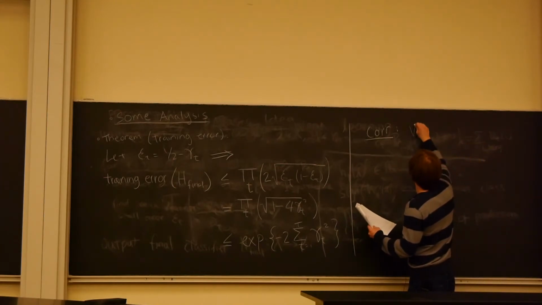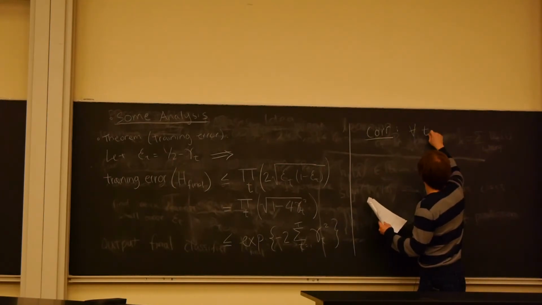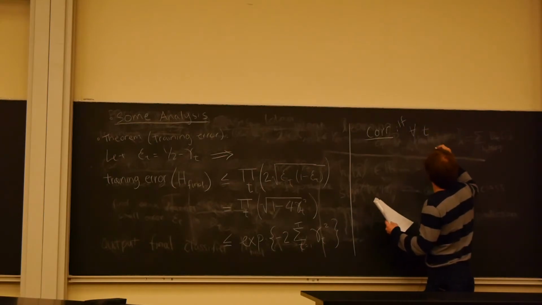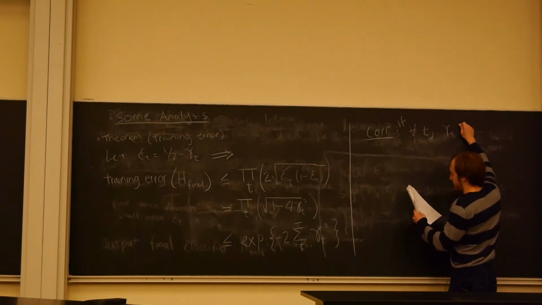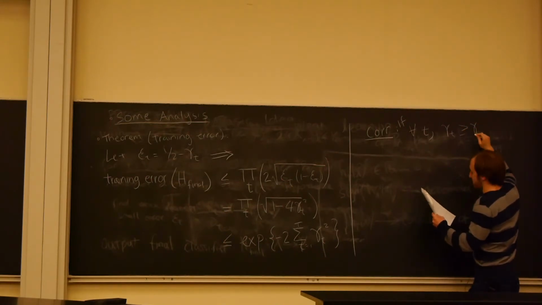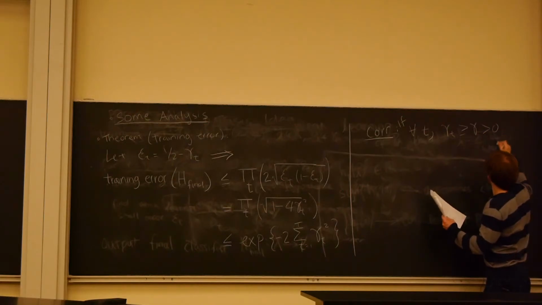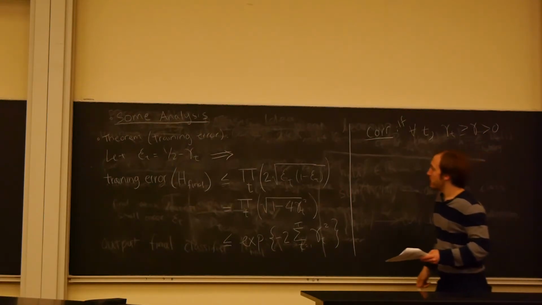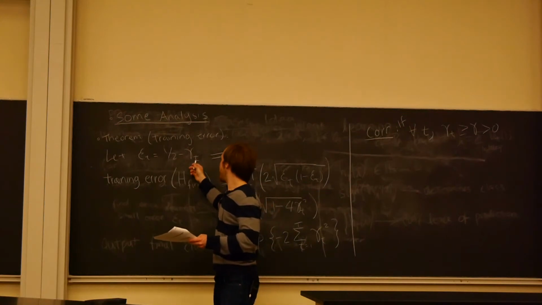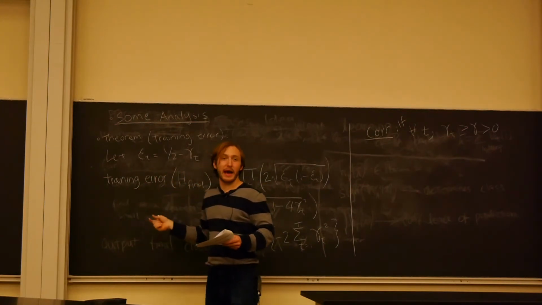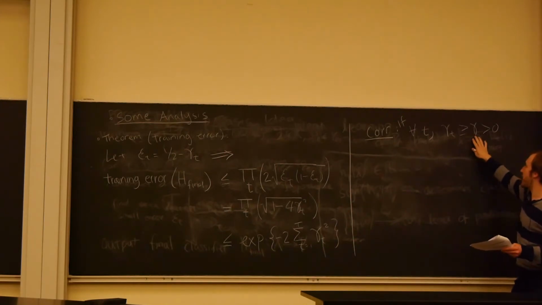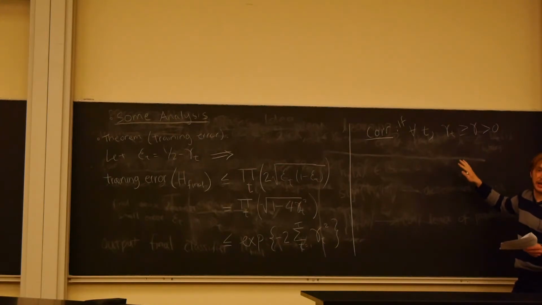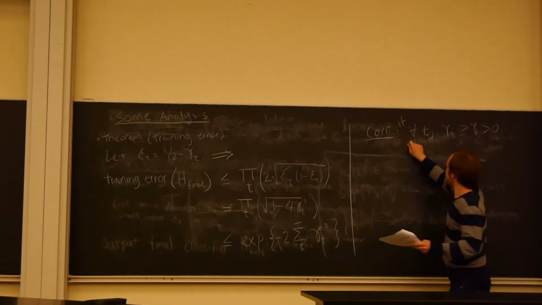So if for all t, the gamma sub t is greater than or equal to a term gamma, which is greater than 0. So this basically means, note that gamma sub t is the amount that your error is less than 1/2. So a bigger gamma is better. So we're assuming we've got some gamma term that is worse than all the weak classifiers. This implies